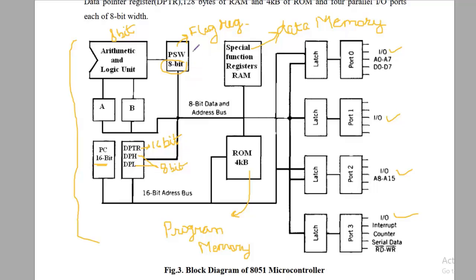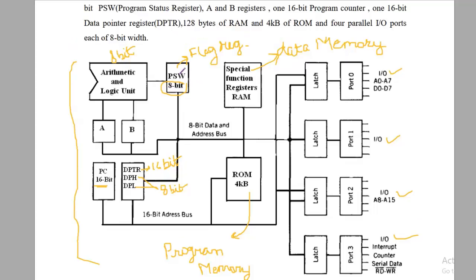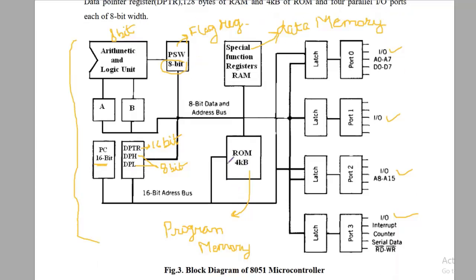8-bit each. Next is the PSW, that is the program status register, which you can say is a flag register, and it is 8-bit. Next we have the special purpose registers or RAM, which you can say is data memory where you can store the data. Next is the ROM, you can say it is the primary memory. And finally these are all the 4 ports of input and output. Okay, so these have some special functions. We will be going through each one of them.